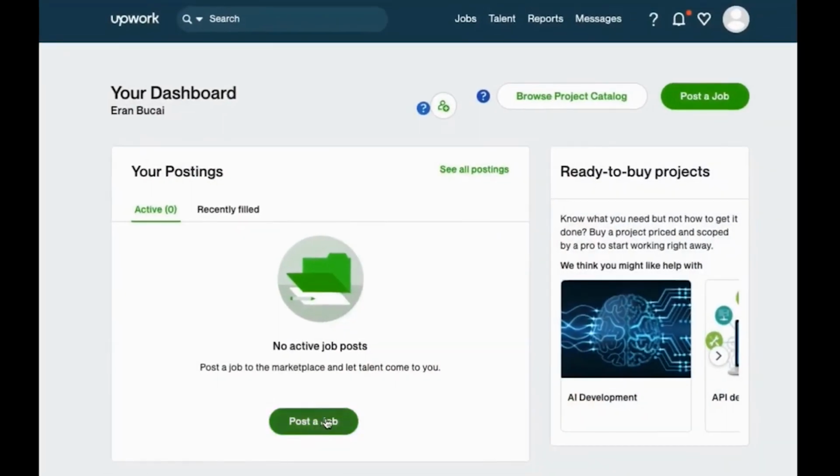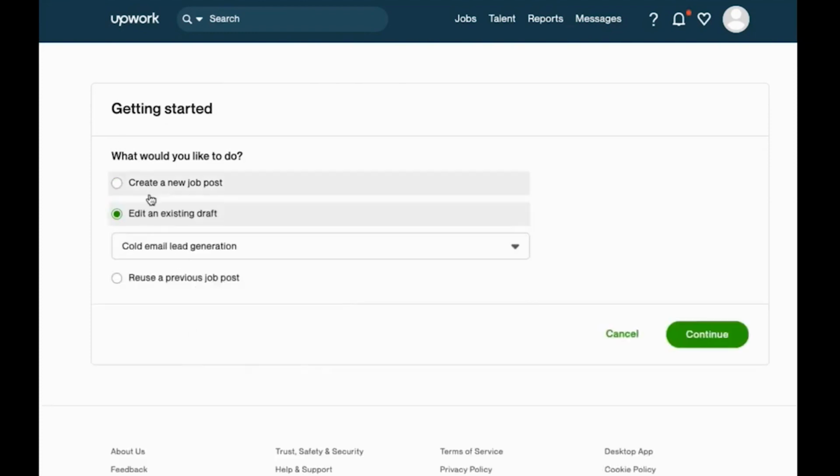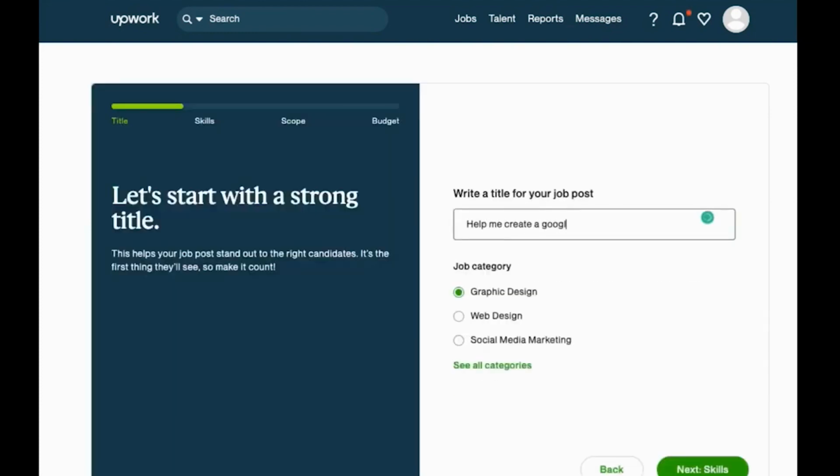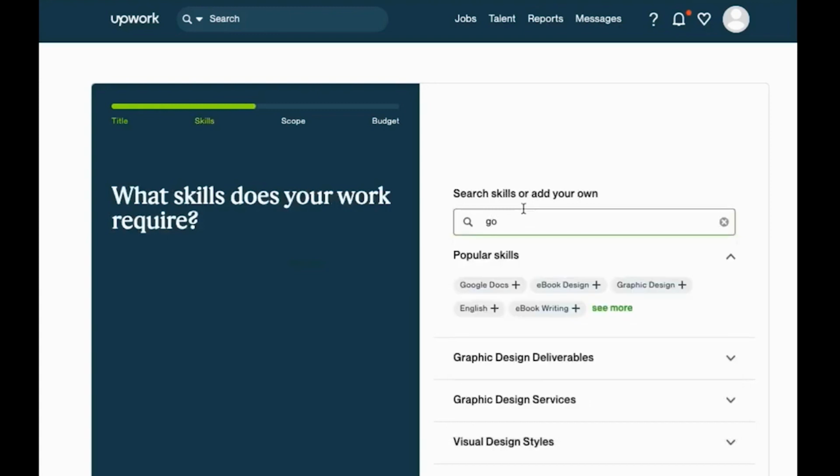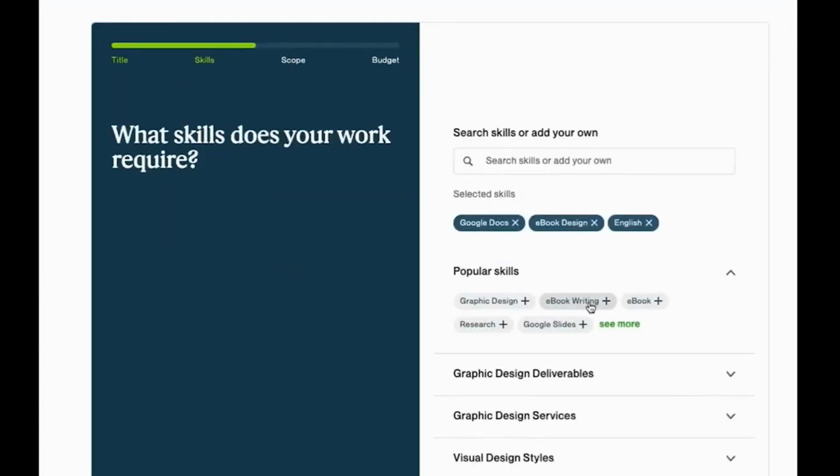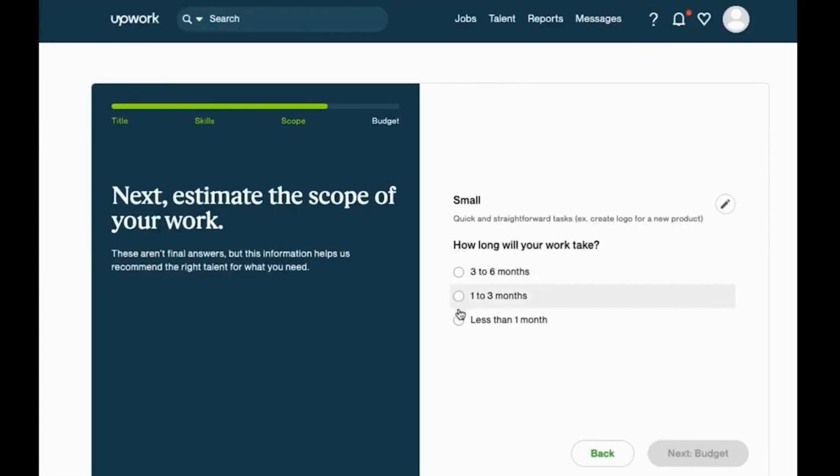The way that you could implement that in your business is, let's say you're like, okay, Eran, I love this advice. I want to create something on Google Doc, create my lead magnet, write an ebook, all that stuff, get it all designed. Great. Write it on Google Doc and then go on a website called Upwork, for example, find somebody overseas who you can pay $5, $10, $15 an hour, which is good money for them. They're very talented people over in the Philippines or India and so on, and have them actually show you how to do it and have them do it for you while you're watching